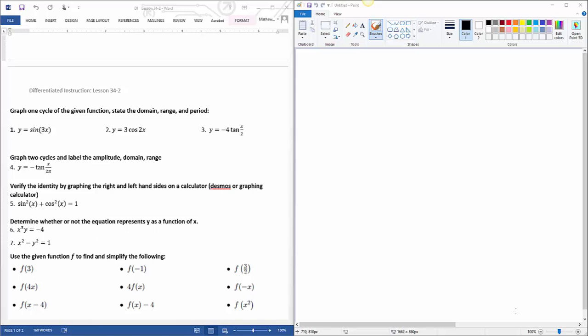So this is going to be 34-2, and we're going to take a look at the DI here. So let's start with number 1. It says y equals the sine of 3x. Now because we have this value right here, 3, that's in front of my x, immediately I should recognize and